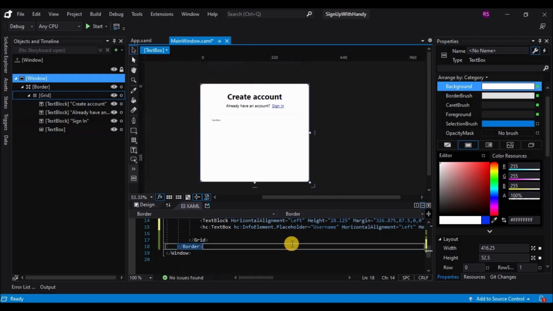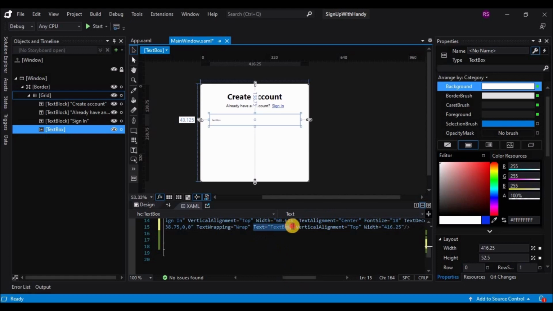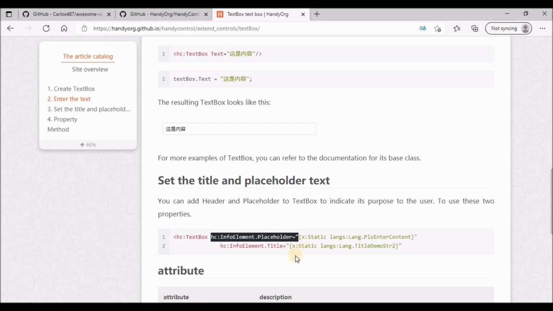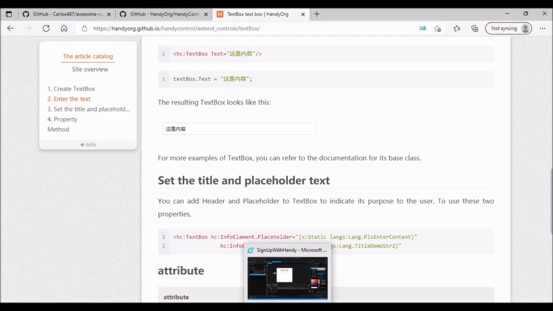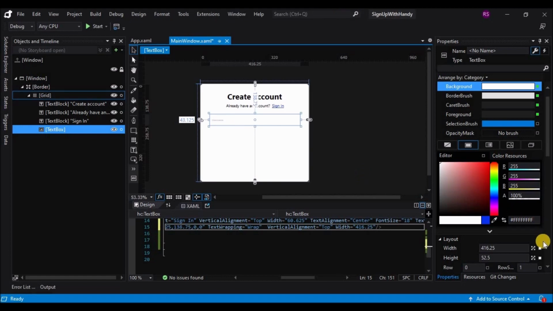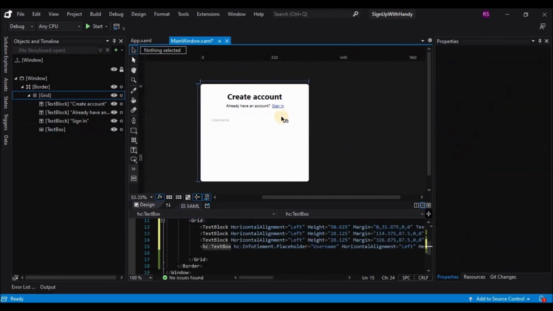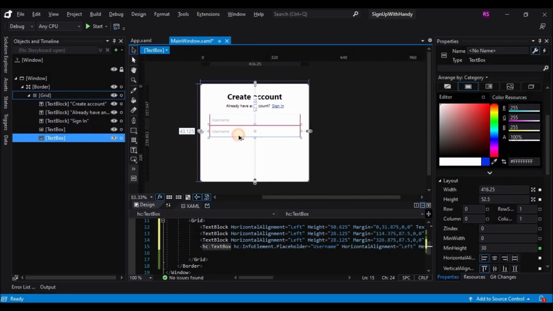Also we'll increase the size of the text and get rid of the default text. We'll increase the size to 18 pixels.